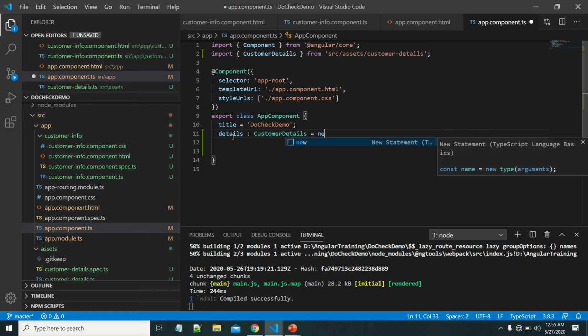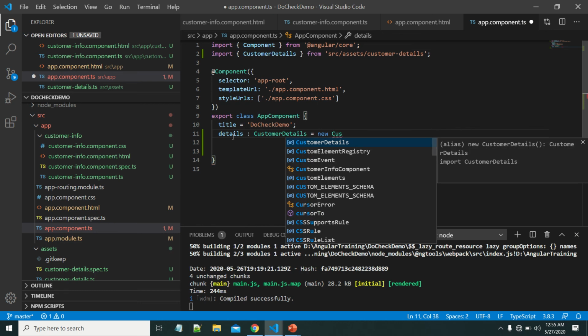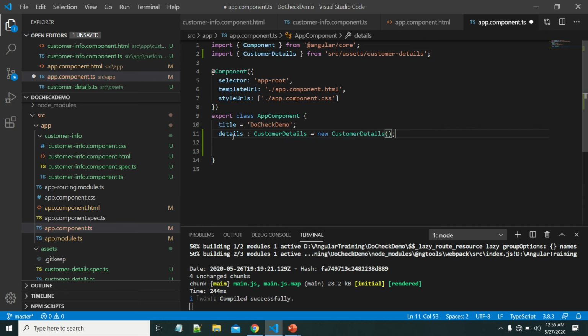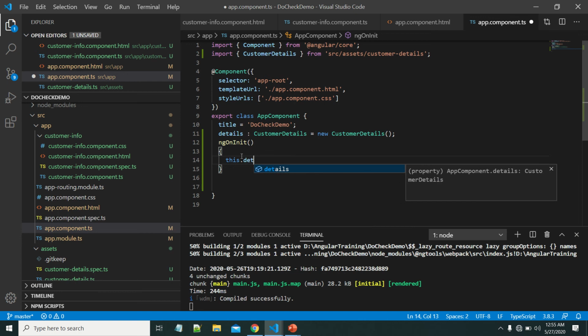Okay, I'm creating the object for this. Let me write the ngOnInit method to initialize these details properties, code and name, with some default values. this.details.code.